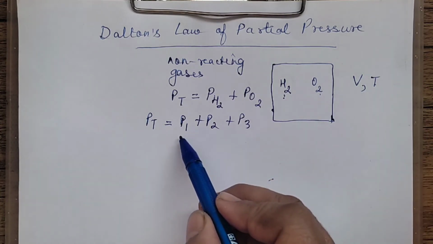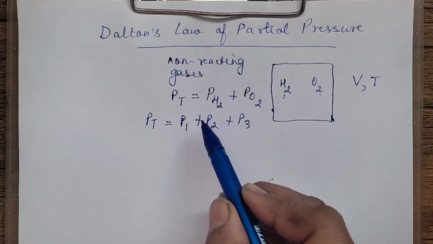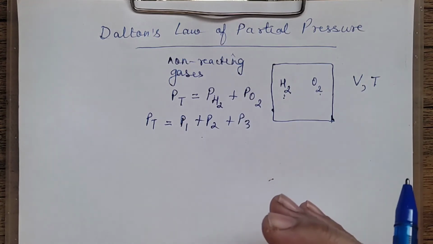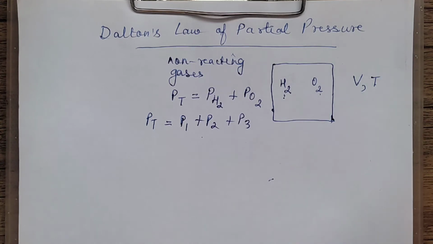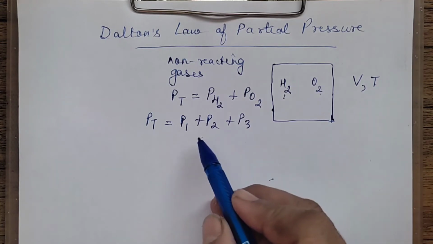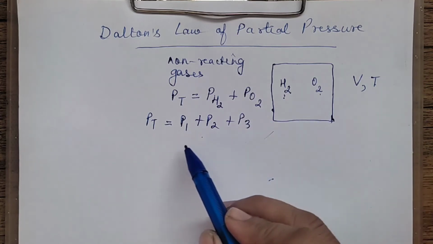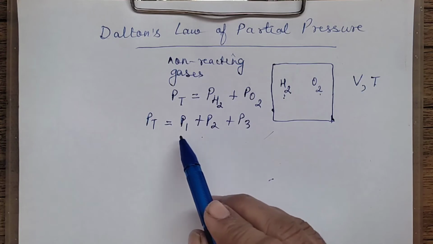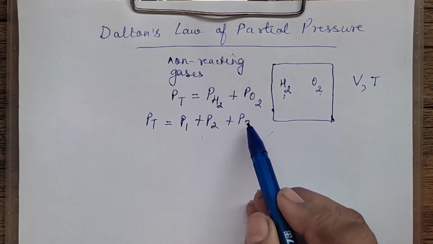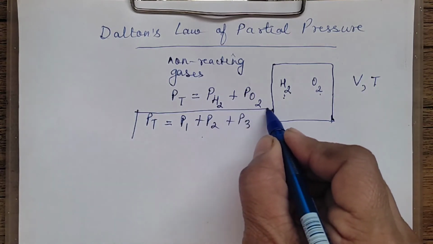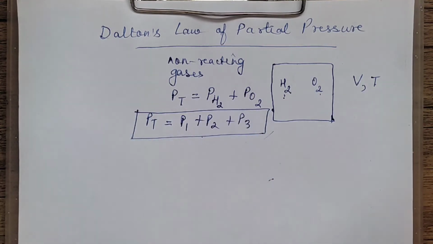What are these partial pressures? Partial pressures are the pressure exerted by the gas when it is alone or when it is taken with some other gas; that remains the same. So, irrespective of the other gas, the pressure alone or in a mixture is the same. The partial pressure of the first gas plus the second gas plus the third gas, the sum of it, is the total pressure. So we will write it down like this. This is Dalton's law of partial pressure.